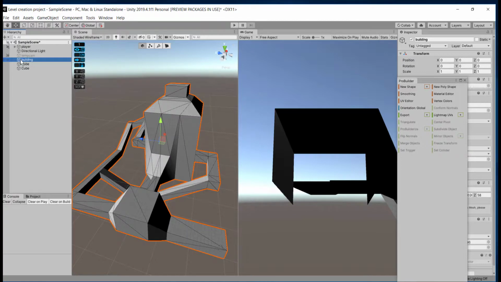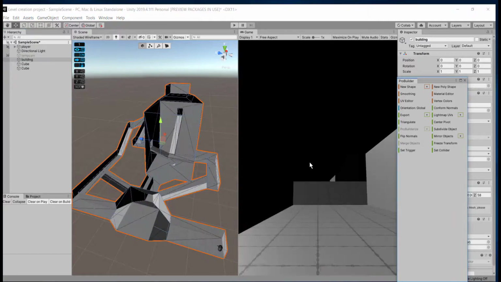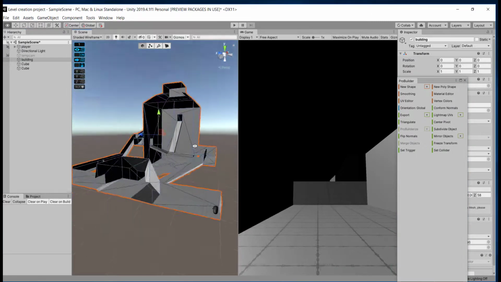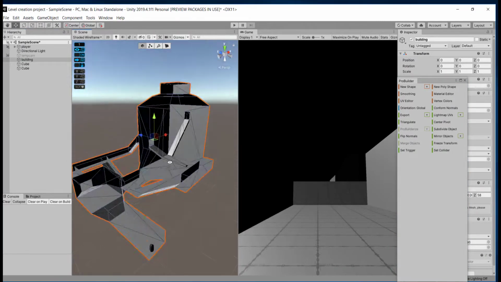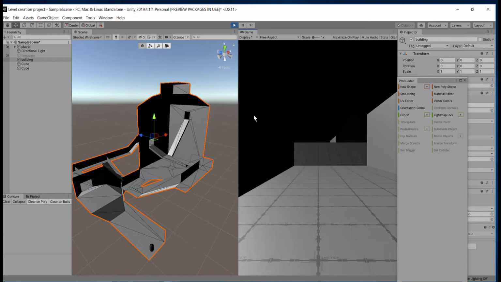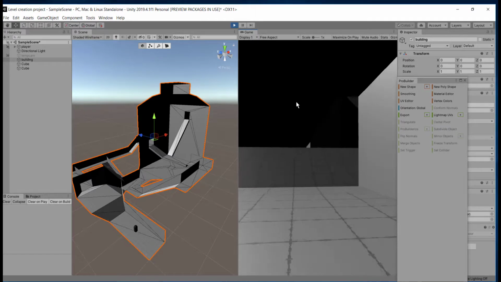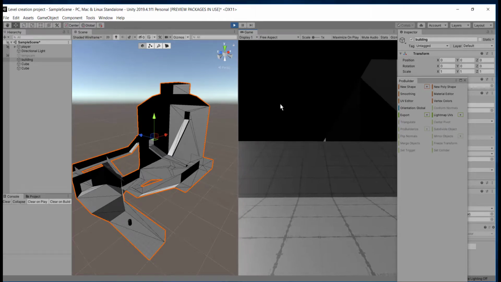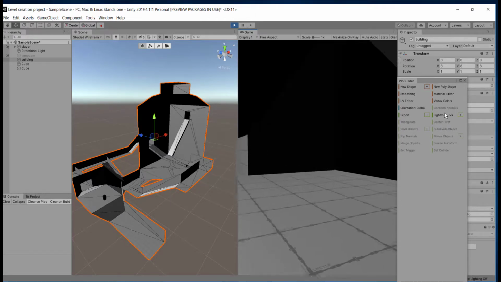Okay, now I'm going to test my level again. Before that, let's select our building and flip the normals to flip our surfaces into interiors, and now we can go and check our underground corridor. Right.